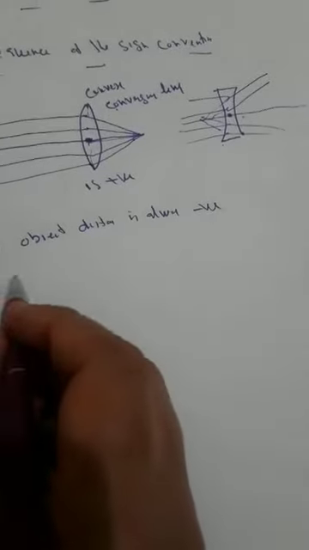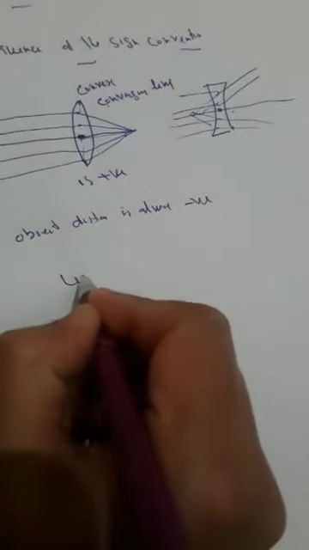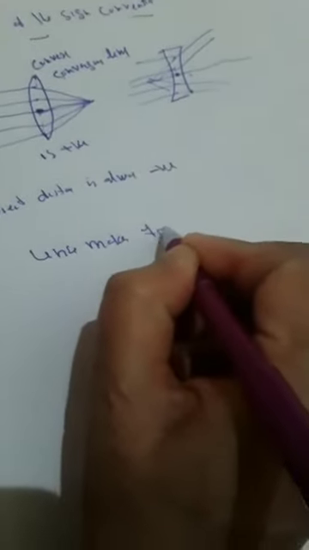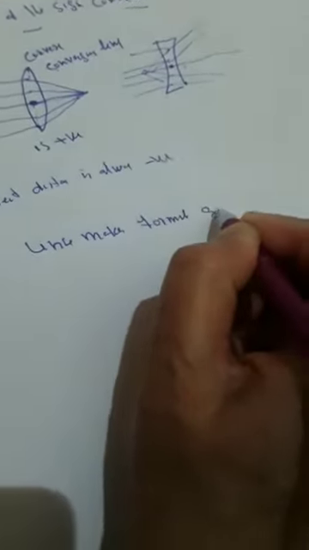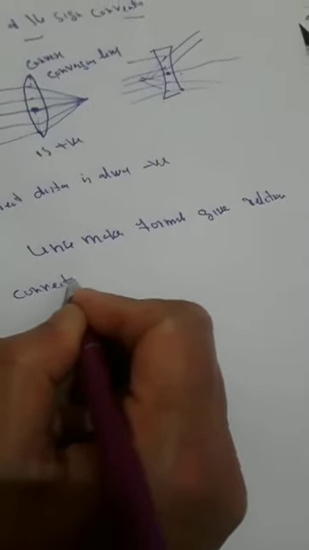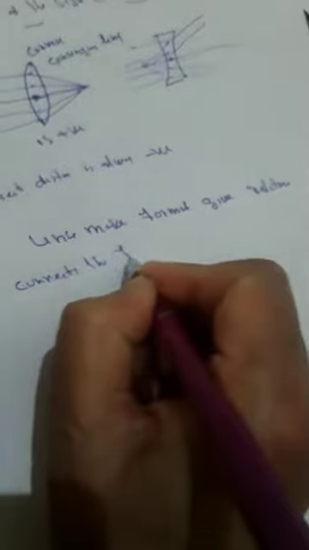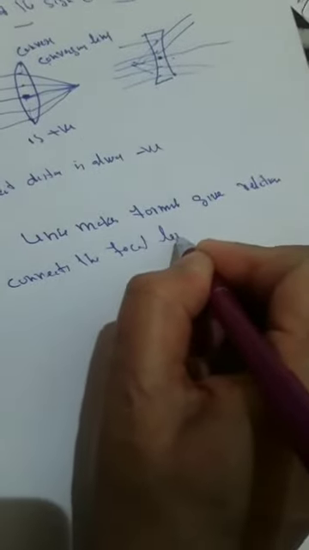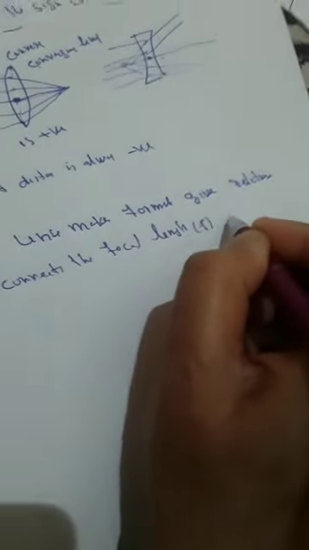My topic here is the lens maker formula. What is the lens maker formula? If I define it, the lens maker formula gives a relation that connects the focal length f of the lens